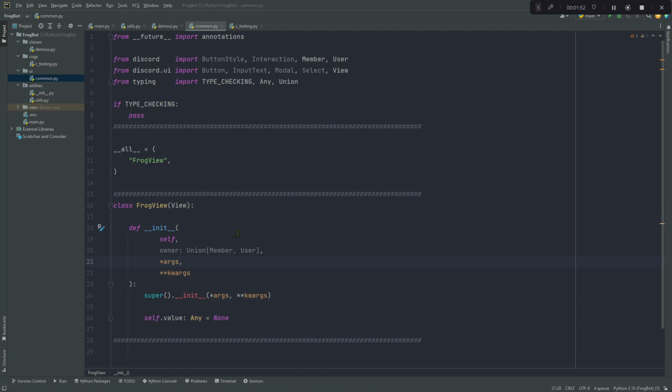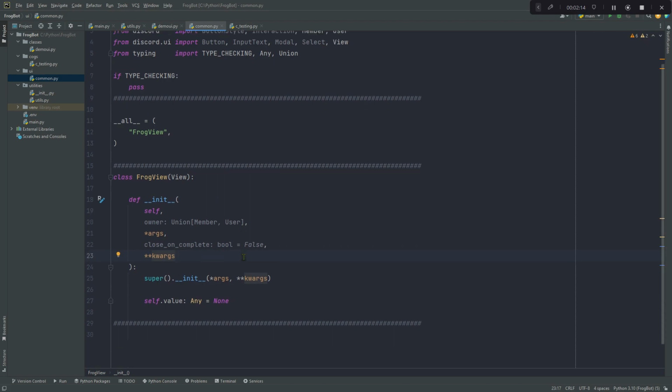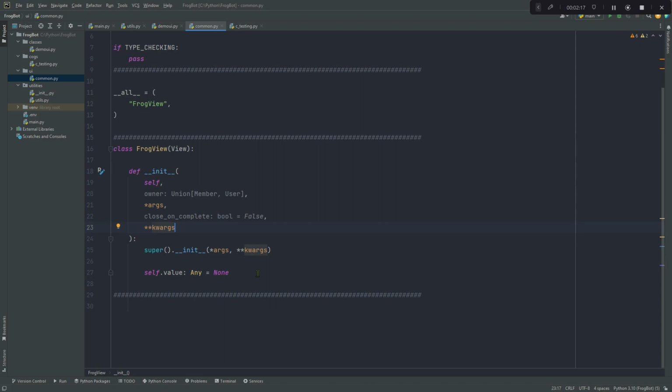Okay, and under our arguments here, I want to add a keyword argument called close on complete, and we're going to set this as a Boolean, and we're going to set this to false by default. Now, what this is going to allow us to do is specify whether we want to delete the message that we've sent after the view is finished dispatching. So that's going to become handy later when we have persistent views where the user is taking multiple actions in order to submit data, and we don't want that to clutter up the channel when it's done. So once they finish using it, it's going to delete itself